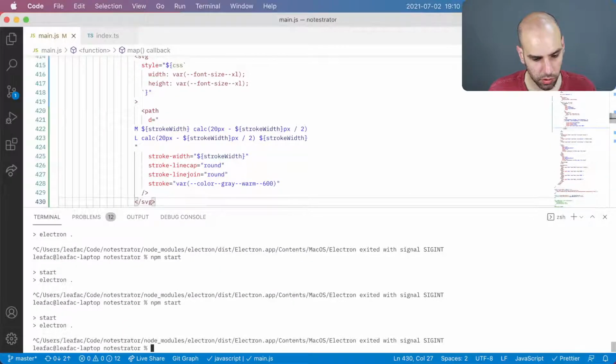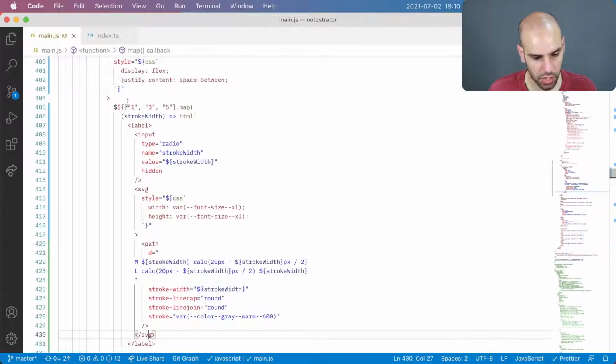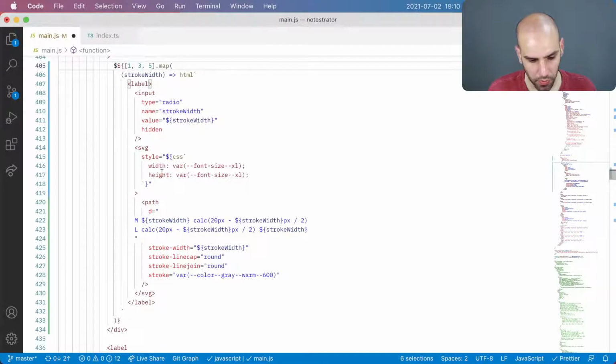No, we'll have to do the calculation with the numbers. So we'll change this to be actual numbers. And then we can do mathematics like 20 minus stroke width divided by 2. And over here,